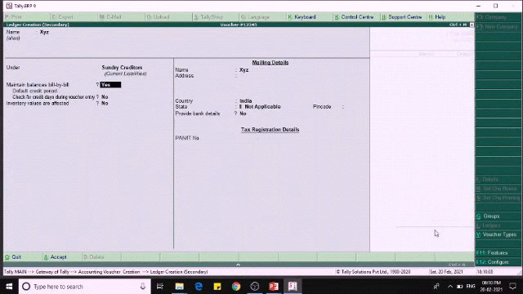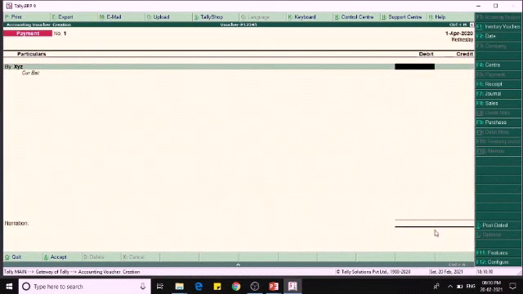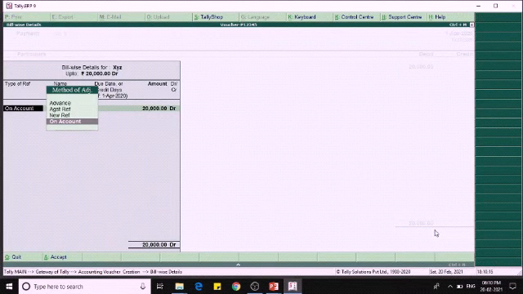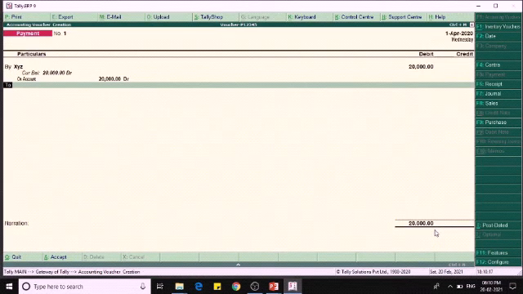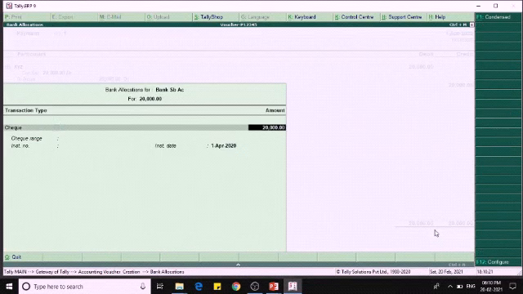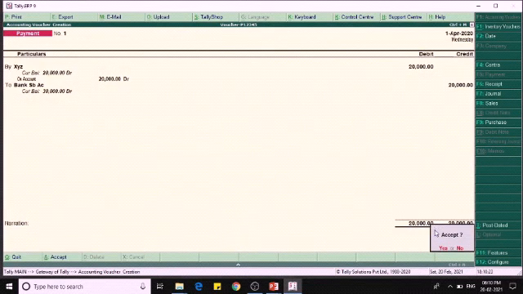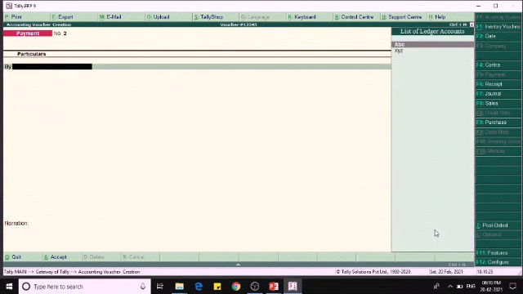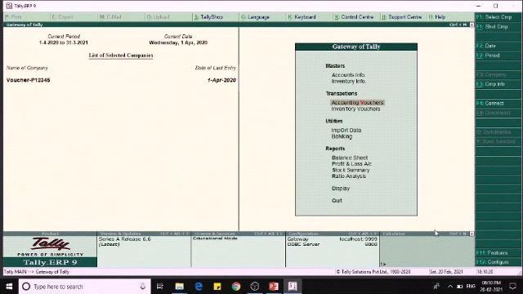Okay, now we are paying them. So we are paying 20,000. Okay. So through bank account we are paying, means the voucher will be created. Okay.